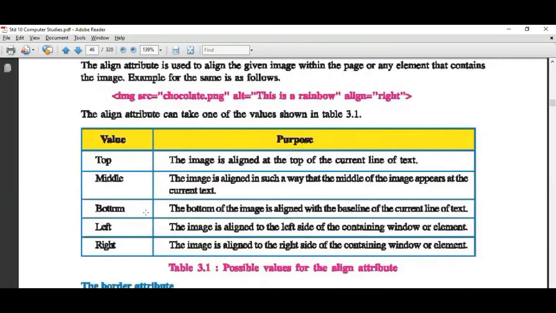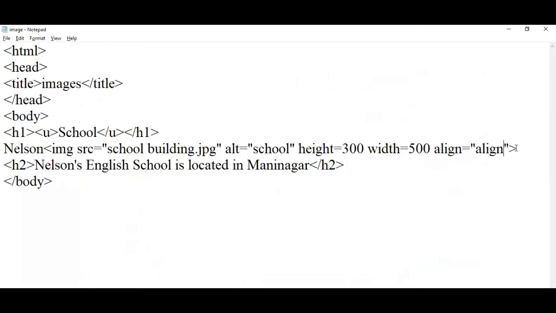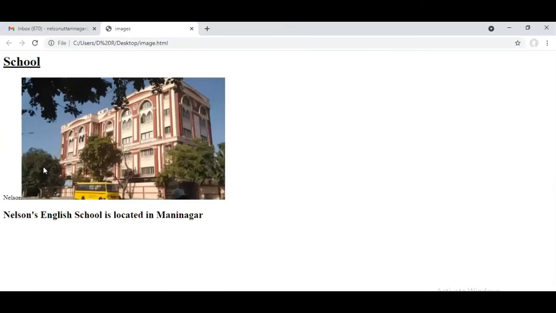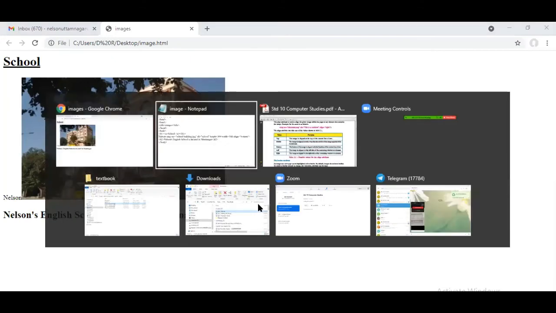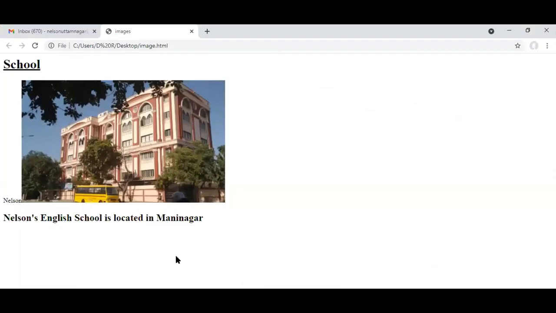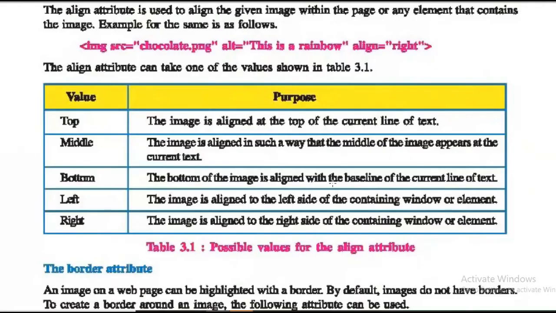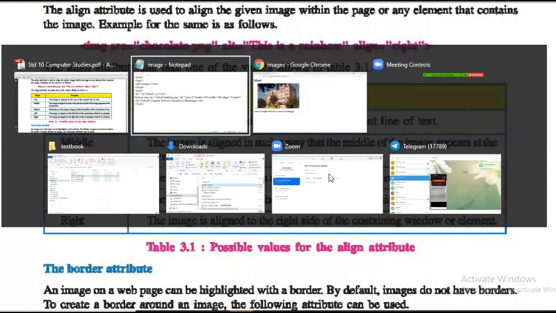Then bottom. Now that text will be on top and the image will be bottom aligned. This condition will be reversed now. This is with the baseline of the current line of text.